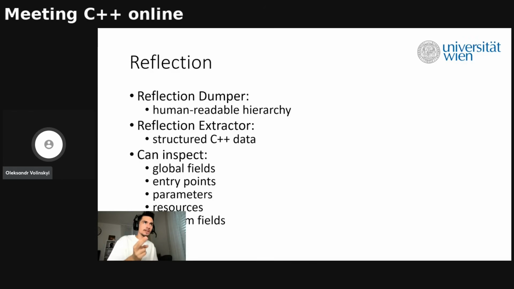Now the second part of the whole reflection stuff is the reflection extractor. What it does is it takes the reflection information that we got from the reflection API, and then it converts it to lightweight C++ structures, into structs.